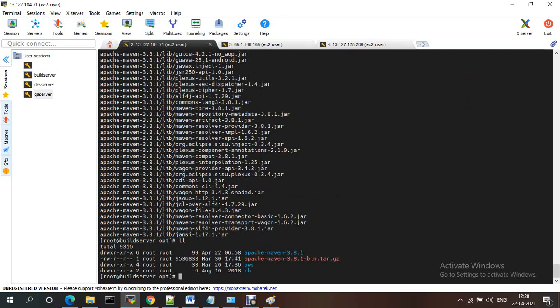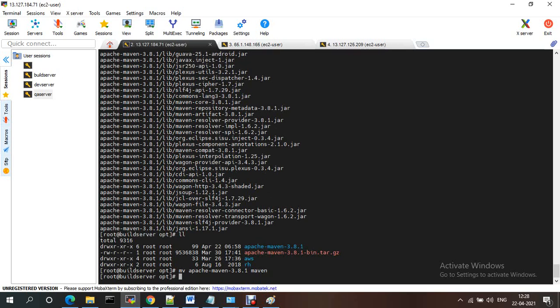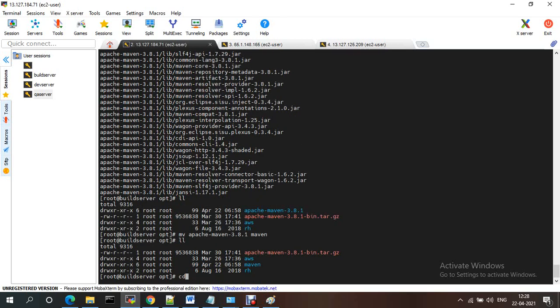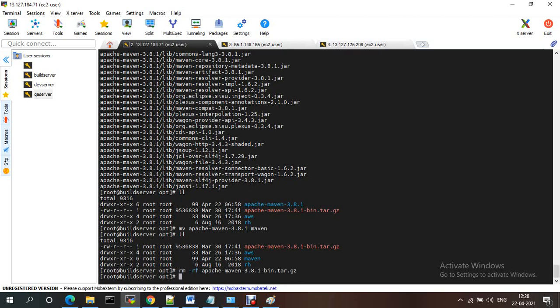If you want, you can change the name from Apache Maven to Maven 3 or Maven. It's up to you. And if you want to remove this tar file, Apache Maven zip, you can.